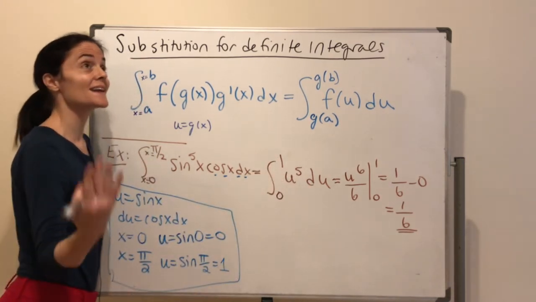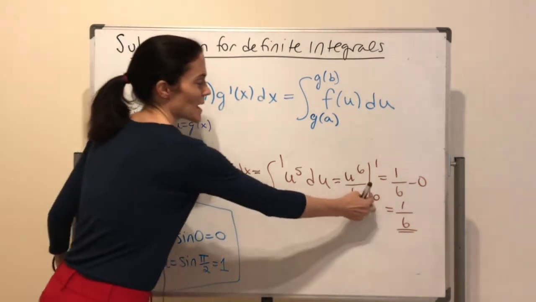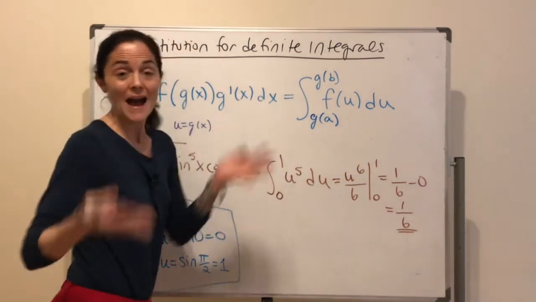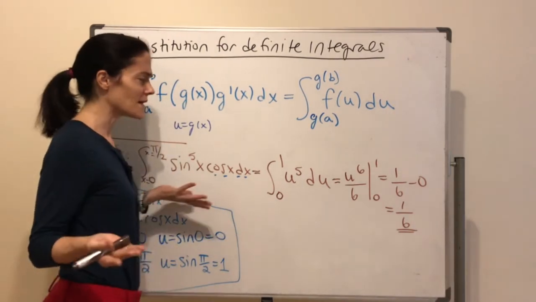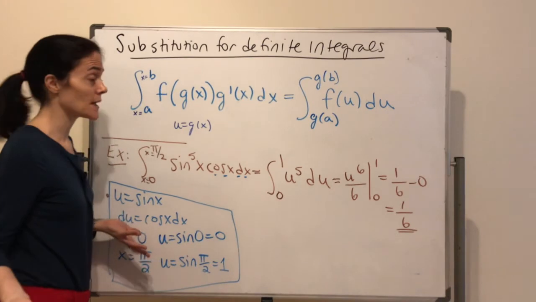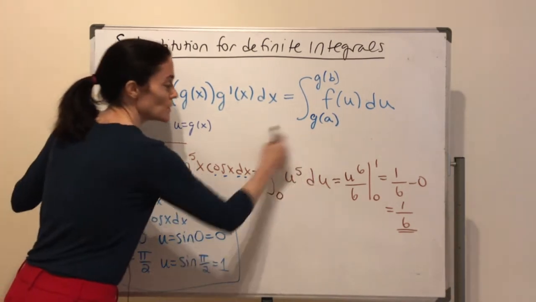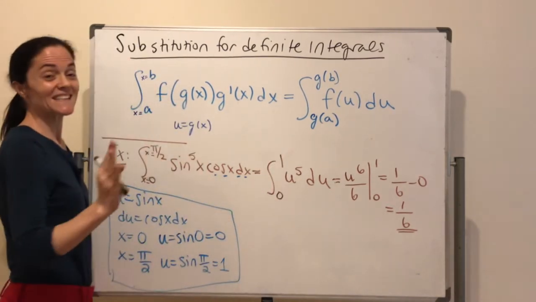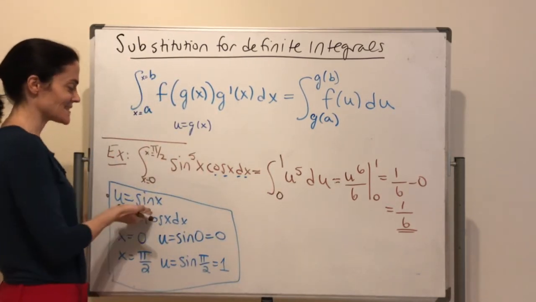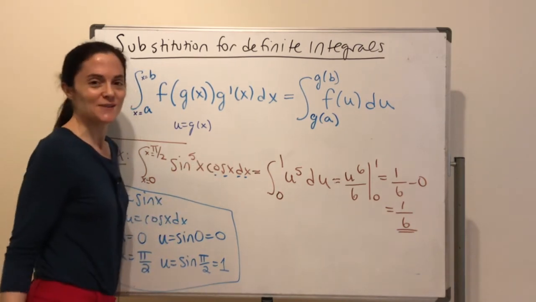I've seen that in students' work, and it's incorrect, because if you kept this 0 to pi over 2, you'd get pi over 2 to the 6th divided by 6. Well, that's definitely not the right answer here. And then similarly, if you do change to an entire integral of u and the bounds are u, you don't want to go back to x